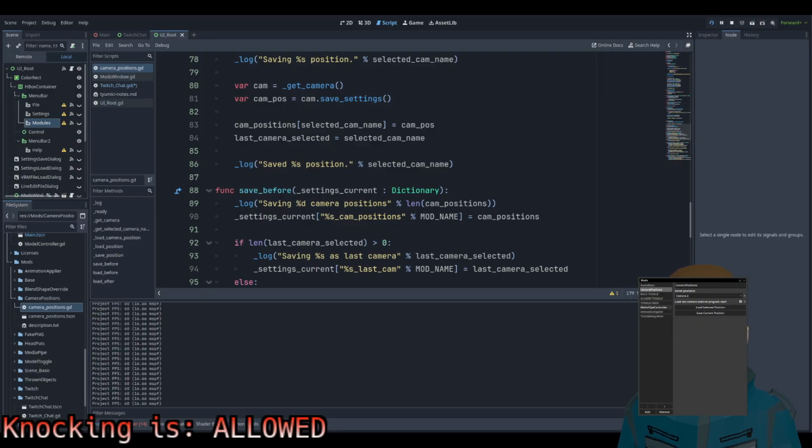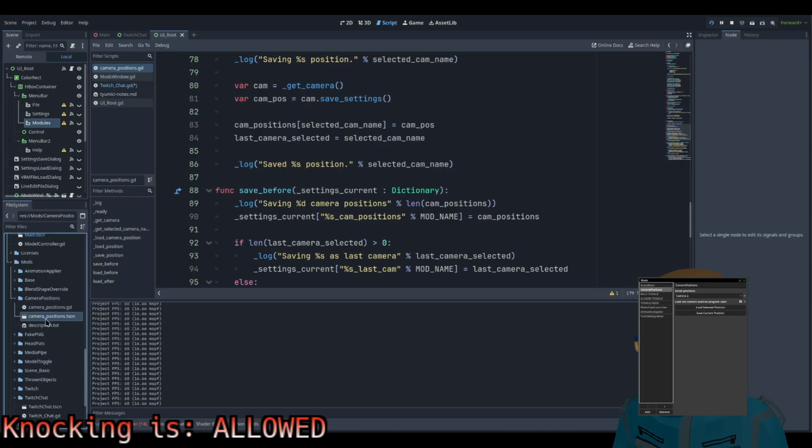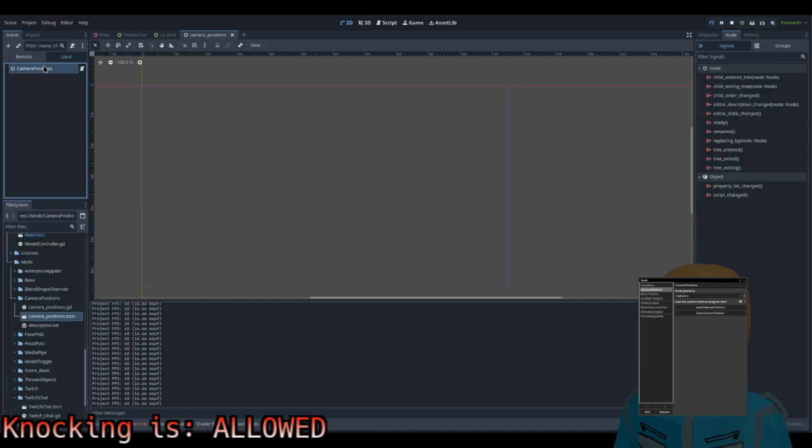Can rename it. And like, are you even a custom thing? Like, well, probably. Oh, wait a minute. No, because you don't have a scene. Well, you don't have things.